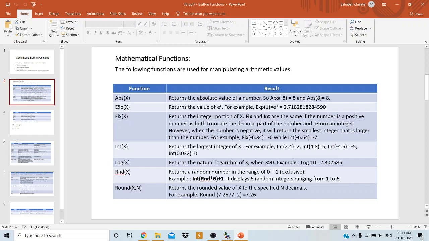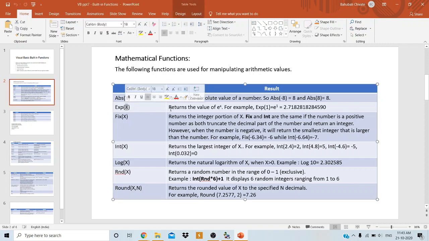Then the second one is exponent, exp of x. Okay, it is also going to take a single argument here. This function returns the value of e raised to x. It is nothing but the exponent value, the logarithmic value. For example, if you provide a single argument here, exp of 1, it means e raised to 1.